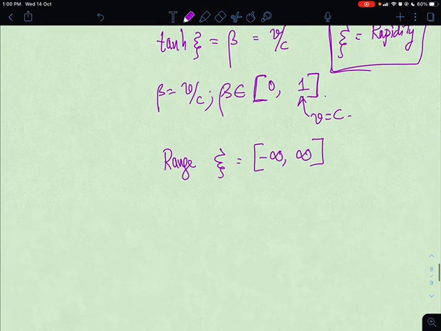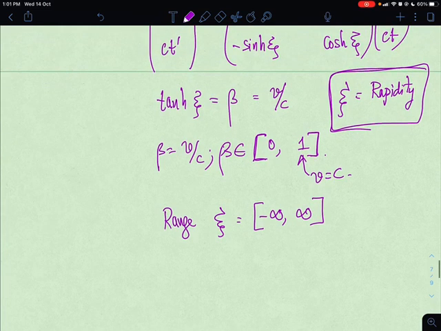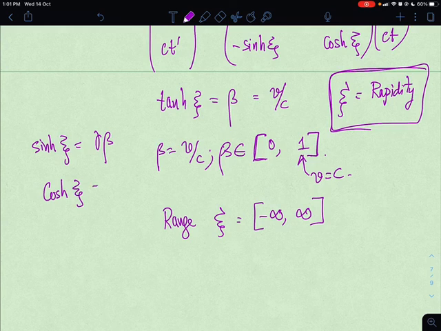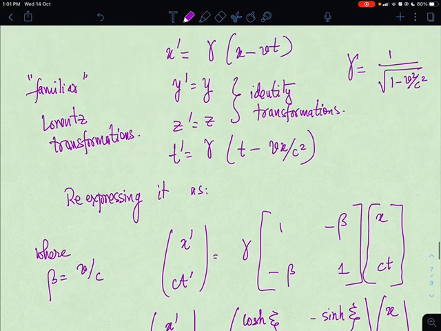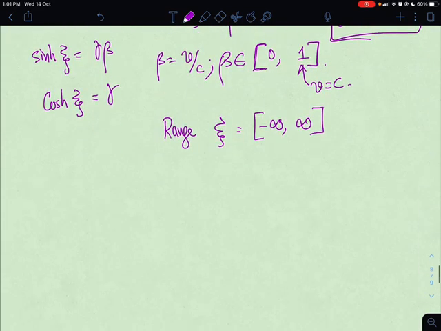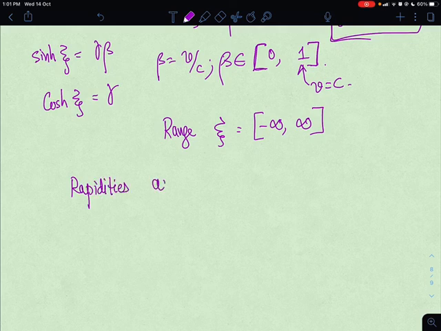So, what we have is other trigonometric variables you can define. Sin psi is equal to gamma beta, cos psi is equal to gamma, and so now we can check that you get back your result essentially. Now, what is the advantage of writing it in rapidities? The reason why we introduced rapidities is because we can understand a few things very nicely in this particular fashion. If you write it in terms of rapidities, rapidities add up